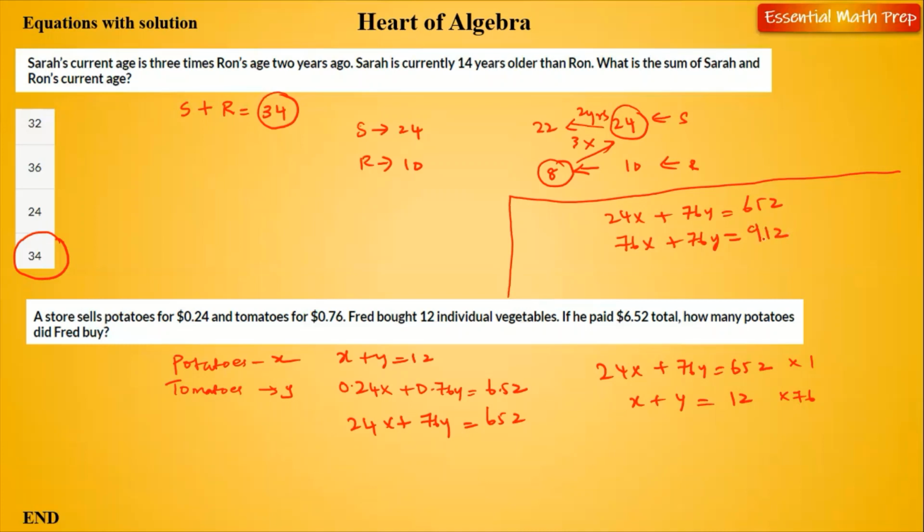So we can subtract expression 3 from 4, which would give us 76 minus 24 is 52x equals 912 minus 652 is 260. So that divided by 52 is 5. So Fred bought 5 potatoes,